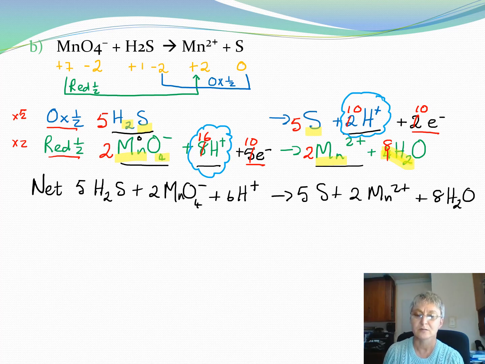So this is the balanced net equation without any spectator ions, and the steps we go through if we're not allowed to use or we can't use the